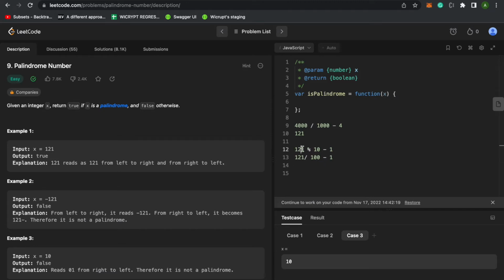1 is the same, but how do I get the value of 2 now instead of having 1 to 1? Because when you perform this operation, you want to get rid of the first one and the last one, and you just want to have 2, right? So to do that, we're just going to get the number 121 in this case, and we're going to take the modulus of the divisor, which in this case is 100. And then we're going to divide it by 10,